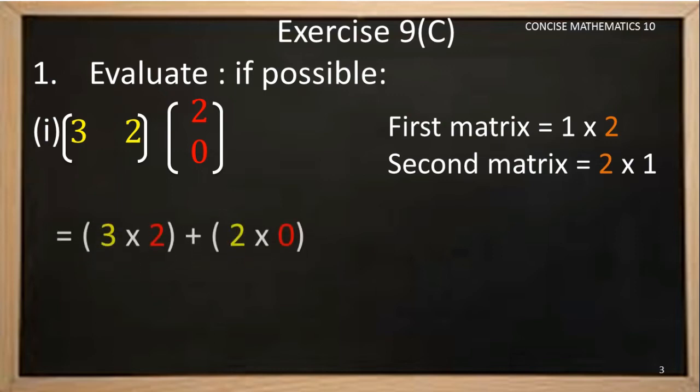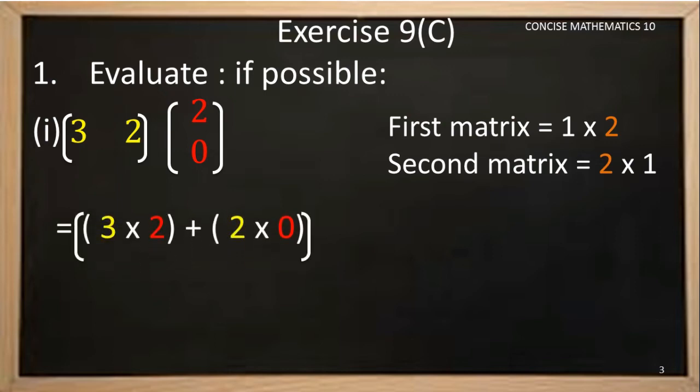Just observe the slide here. It is 3 into 2 plus 2 into 0. So this is the one element which we obtain with first row, first column. As we don't have a second column and second row, we stop the multiplication there. When I multiply these two matrices, I'll get only one term, because we have only one row and one column. So do the multiplication. 3 2s are 6, plus 2 zeros are 0. So the solution is 6.